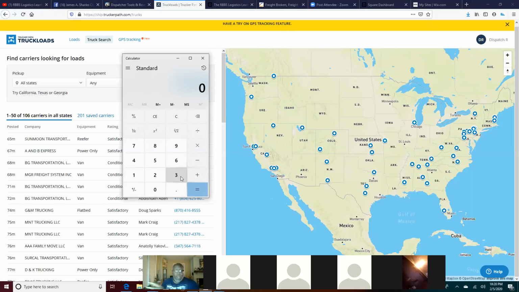those trucks are part of that agent's sub-carrier group, which means any load booked on their sub-carrier group, they are going to get paid on whether they book that truck or not. If they book that truck, they're getting 50% of the broker's fee. If another agent books their truck, they're getting 25%, and that agent is getting 25%. It's still only costing us what? 50% of our broker's fee.